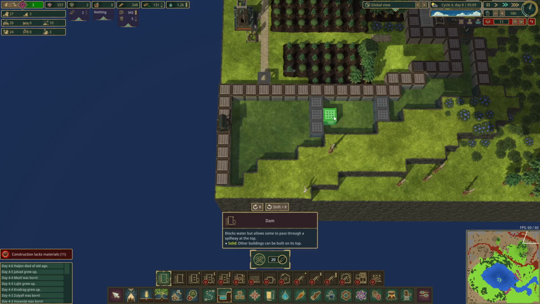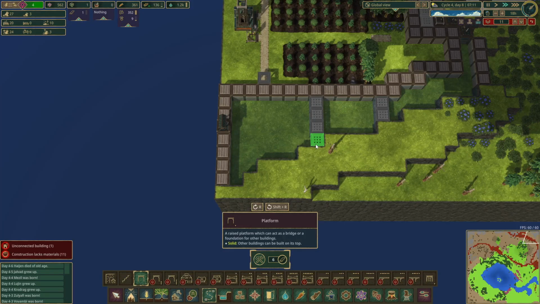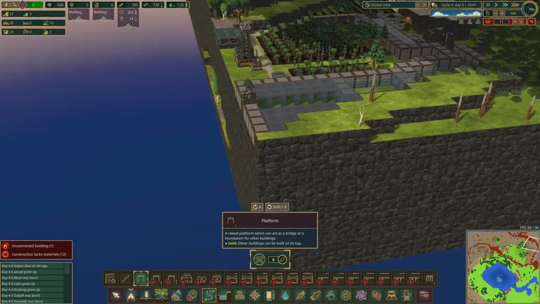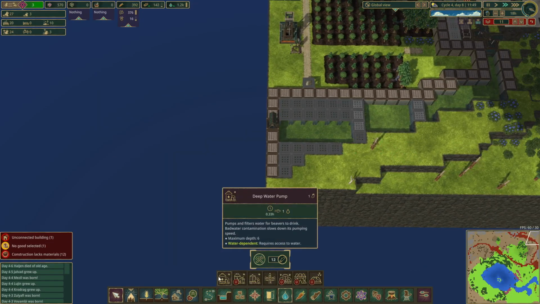Right, that gives us a 3x3, technically a 3x4 space that we can put our stuff into. And if we just platform right there, good to go. Now for this, if we're coming in here with a row of water pumps again, we're gonna need that sectioned off like that, and then we'll be able to go